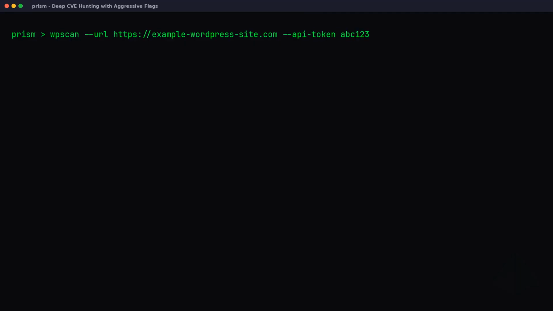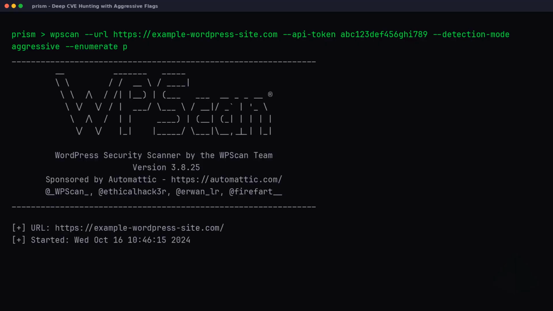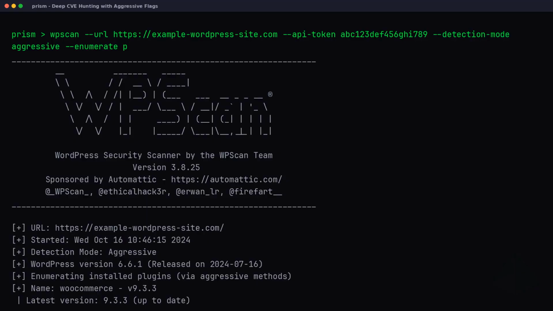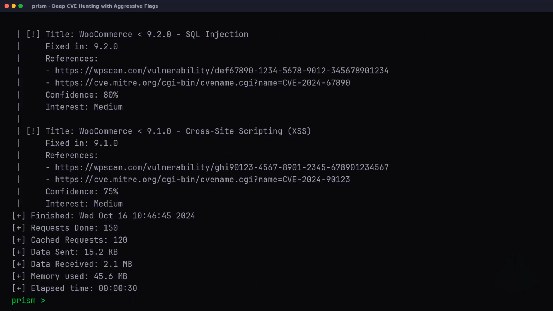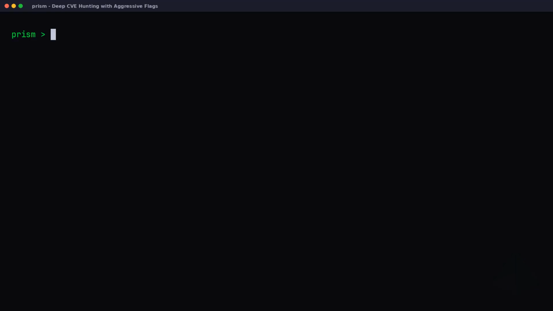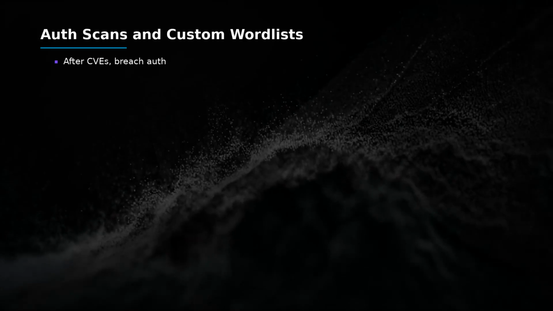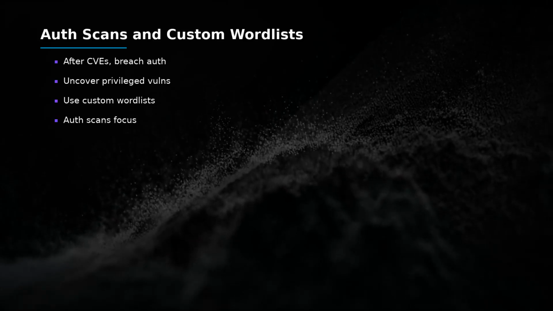The API pulls exploit maturity ratings, so you know if it's Metasploit ready. In real pen tests, this uncovers chained vulns, like auth bypass plus SQLi. Always cross-reference with NVD links in the output for POC verification. This workflow beat competitors like The CyberMentor by handling custom configs. Expect 50+ vulns enumerated on bloated sites. Pause here if you're noting commands. We'll demo it live next. Got your CVEs? Next, we breach auth to uncover privileged vulns using